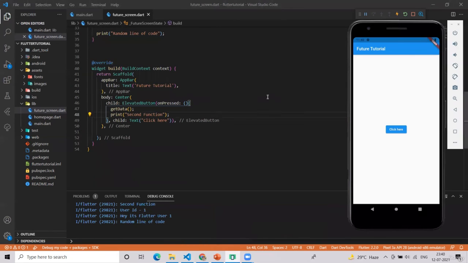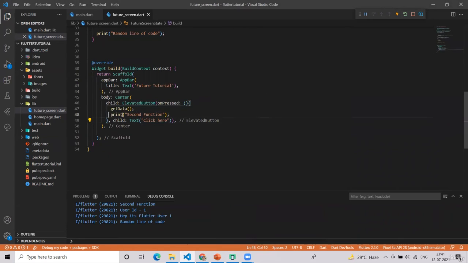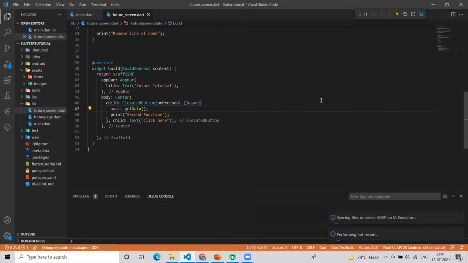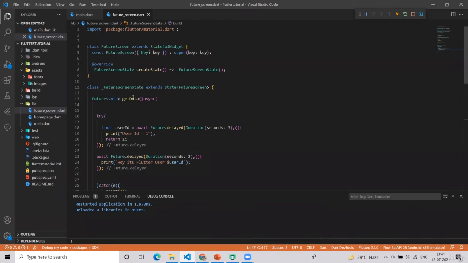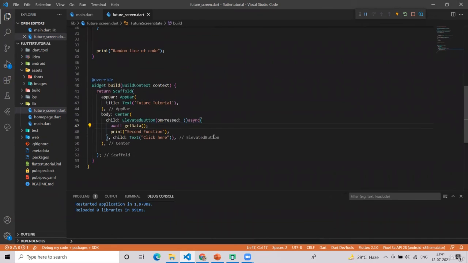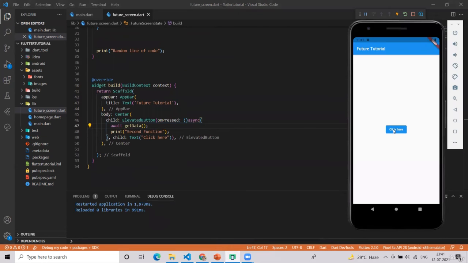In this scenario, again, if you say no, I want this get data to execute first, then only print this second function line of code, then again you have to use async here and await here. Now check out your output. And we were able to use async because it's a function also, and this was also a function. So you have to understand that you only need a function for async to work. Now this line didn't execute at first, and see, it was executed at the last.